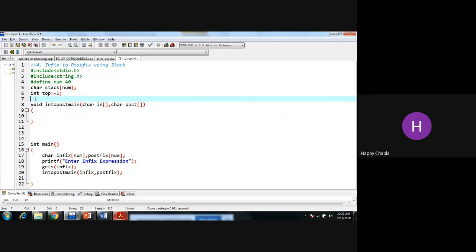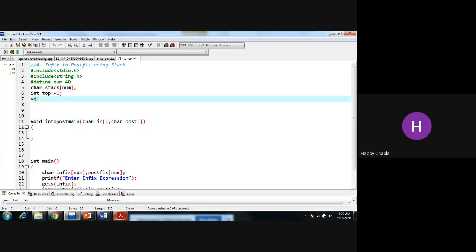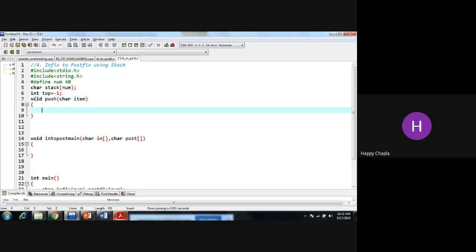We need to first write void push, with a character item. That means the first character, next time the second character, third time the third character. We are incrementing that item character by one every time.